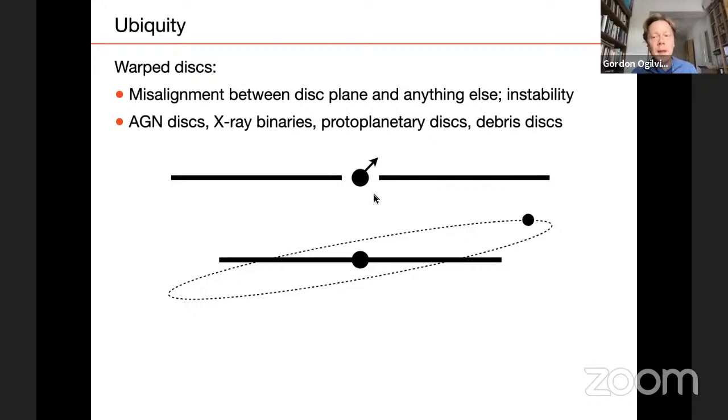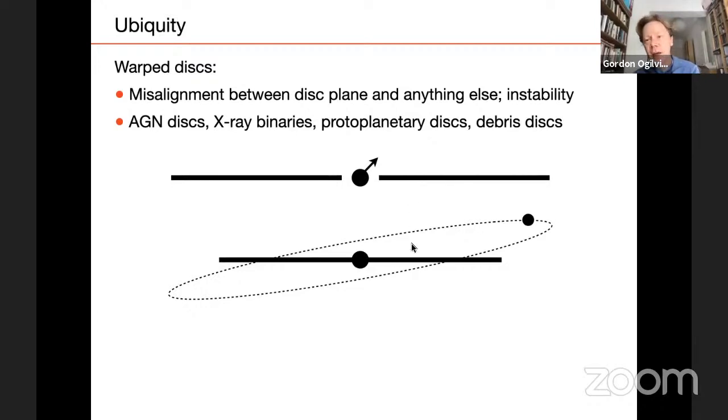The original plane of the disk will be dictated by the angular momentum vector of the material that forms the disk, and that may be unrelated to the spin of the black hole at the center. So here we have material orbiting not in the equatorial plane of the black hole, so it'll be subject to gravitomagnetic torques leading to Lense-Thirring precession, which will vary strongly with the radial size of the orbit, and that tends to cause a twist and a warp in the disk. So a classic problem is to try to work out the steady shape of the disk in this situation.